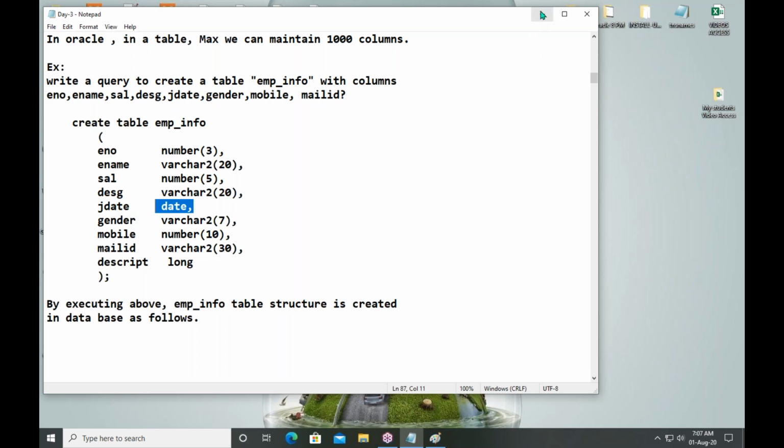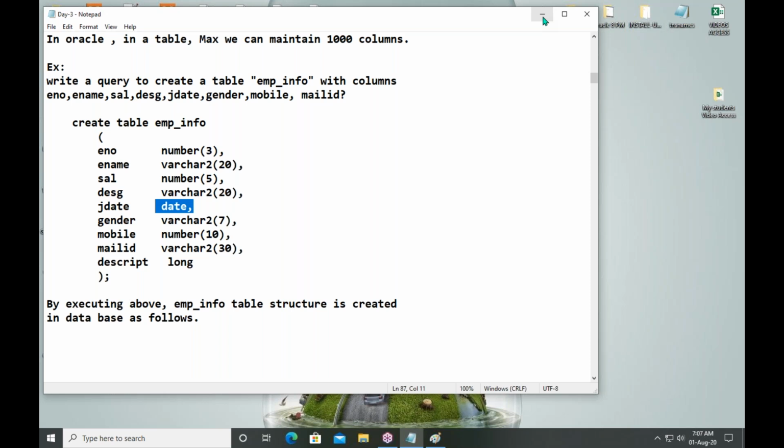Okay, so what are the different data types in the world? See, employee names, character data. Employee salary, number data. Employee join date, date type data.